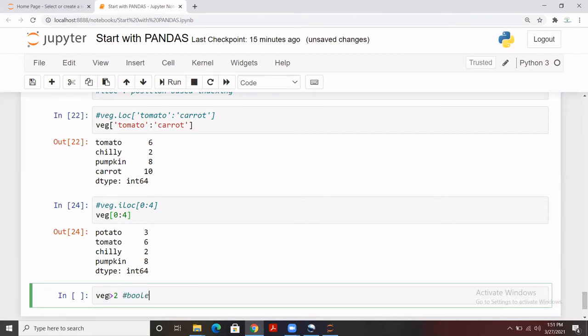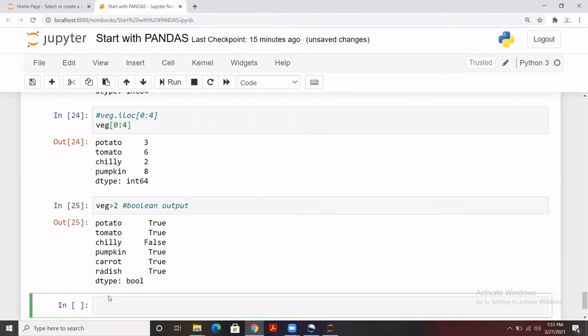It will give you the Boolean output. Let me run it. What exactly has it printed? Anything which is greater than 2 is true, and any value which is equal to or less than 2 is false. So this is how it does.